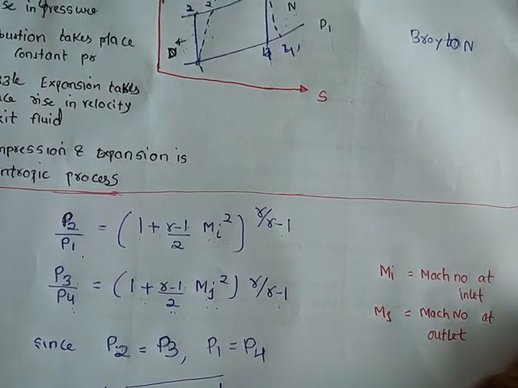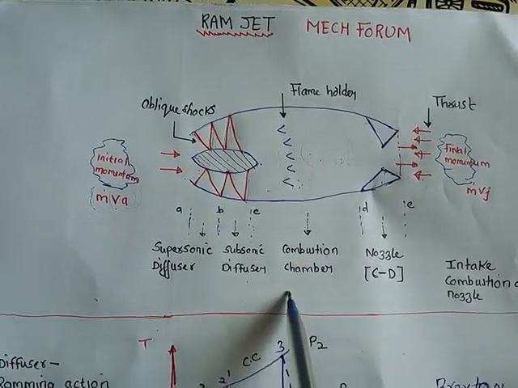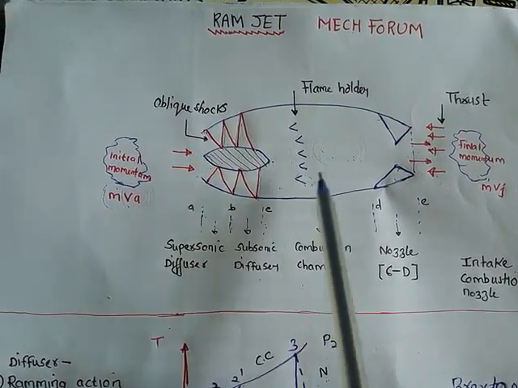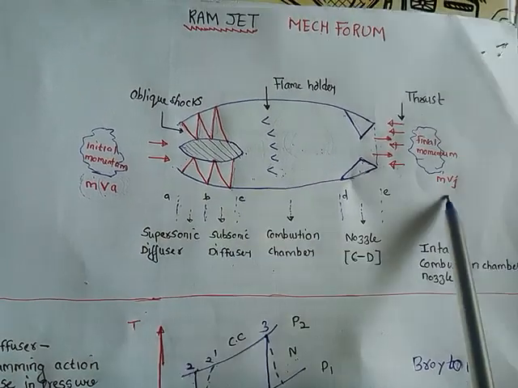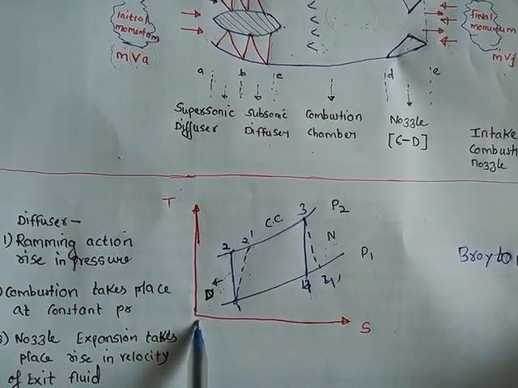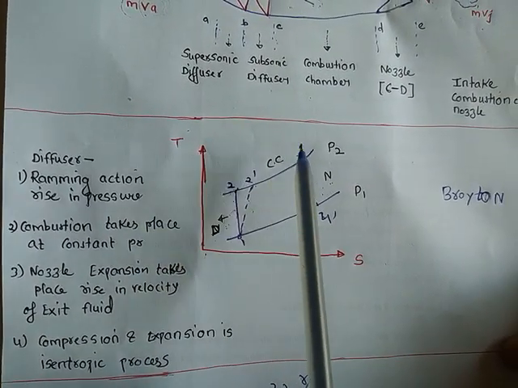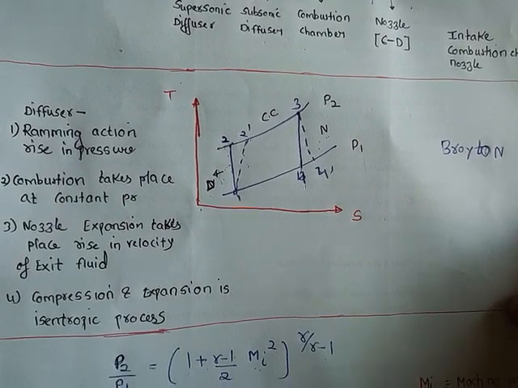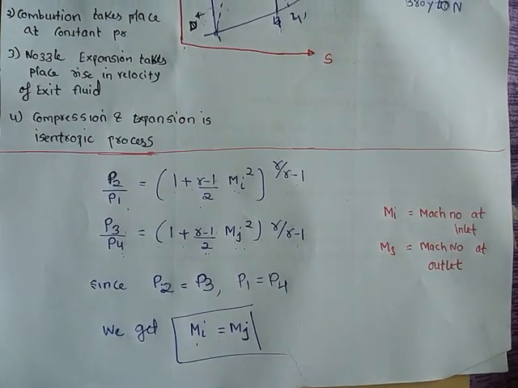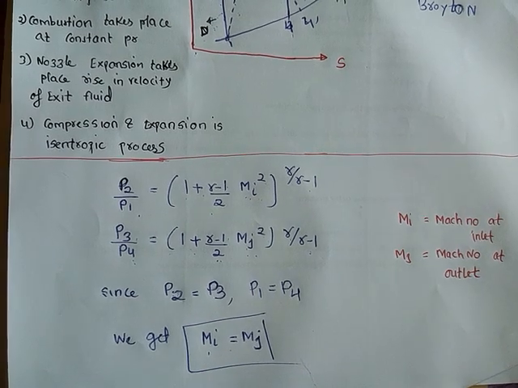If it comes in the exam, the basic thing that you have to do is draw the diagram, explain each and every equipment, write down the processes which are going on, and draw the thermodynamic cycle, explain the process 1 to 2, what is there, 2 to 3 what is happening, 3 to 4 what is happening, and write down these formulas so that you can gain a good amount of marks.